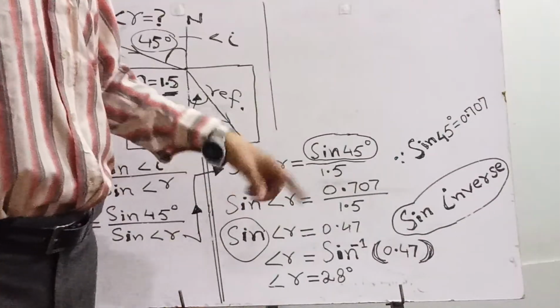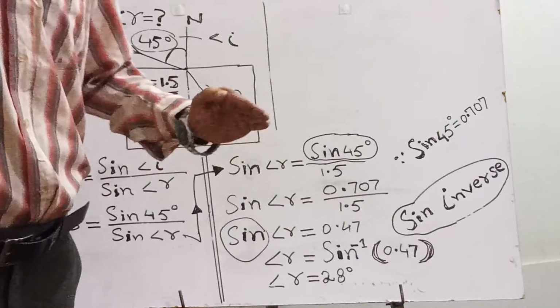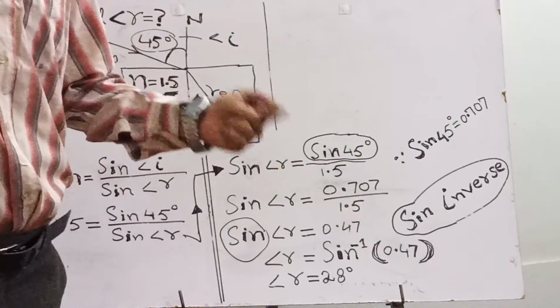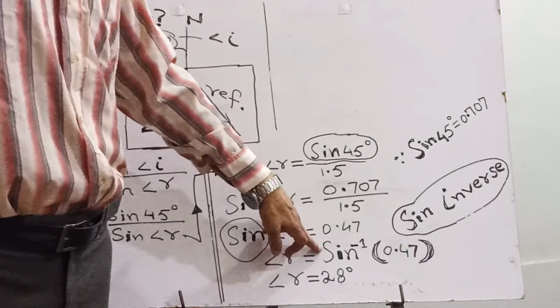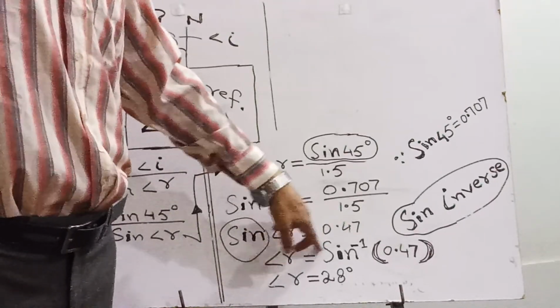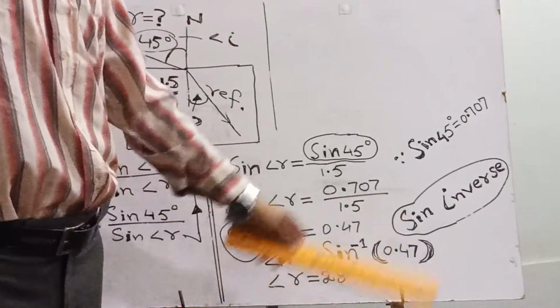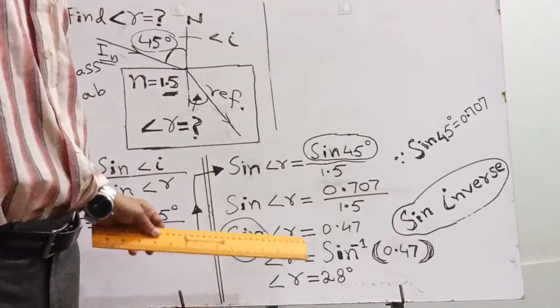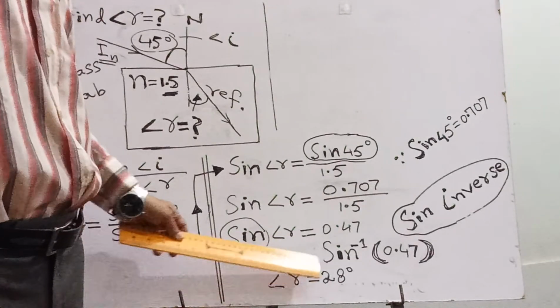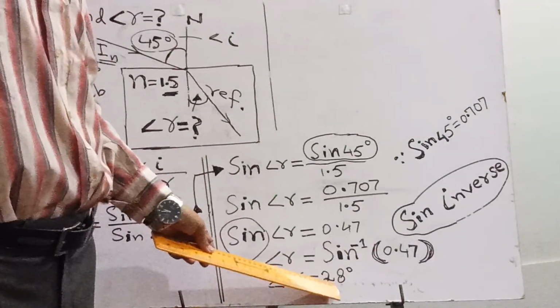So press the shift button on your calculator, and after pressing the shift button, press the sine inverse function button and then 0.47. The calculator will display that the angle of refraction is 28 degrees,